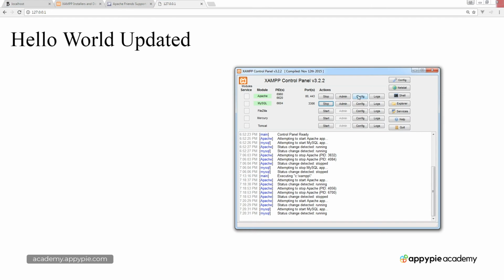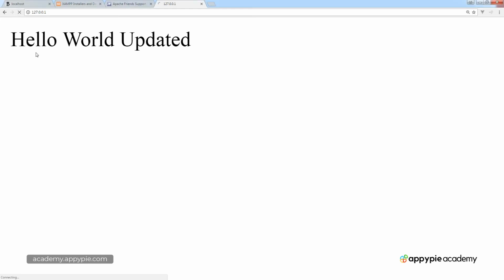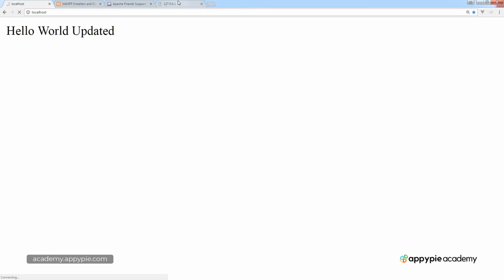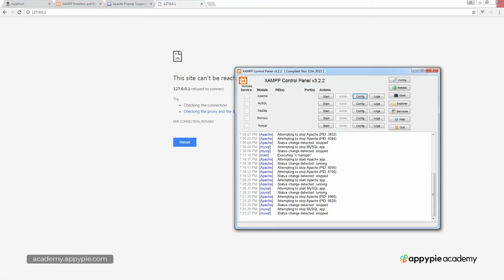So within the control panel, go ahead and click Config. You'd have to actually stop this. So whenever you make changes to the config file of your Apache server, make sure that you stop it and then make the changes and then start it, because those changes are not going to propagate until you restart the Apache server anyway. So it's always a good idea to get in the practice of stopping it, making your changes, and starting it again. So in case you're wondering what happens if you go when it's not working, you're actually going to run into this where the site can't be loaded